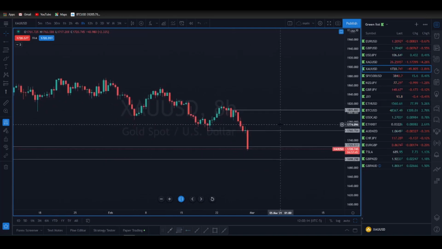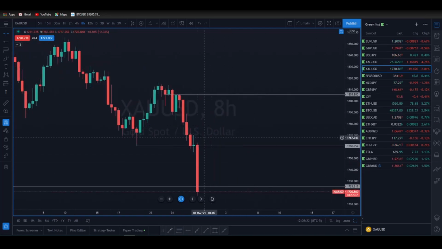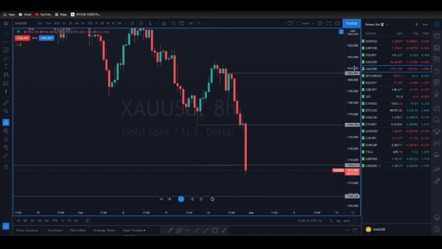Yesterday, I was specifically saying that if you get an 8-hour closure below 1772, then look for this target to be taken out. You got that closure with this candle right here. Then you had a pullback into the midpoint of this candle roughly, and then boom, target smoked, another pullback, and boom, big, huge move to the downside.